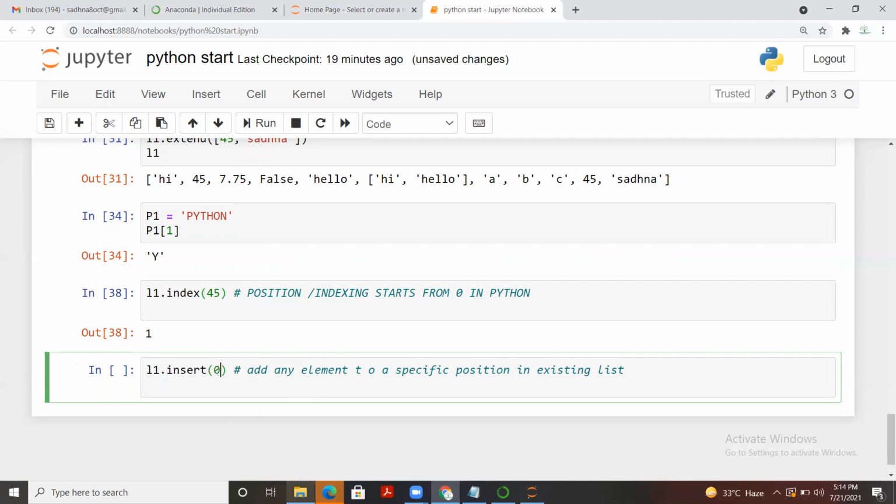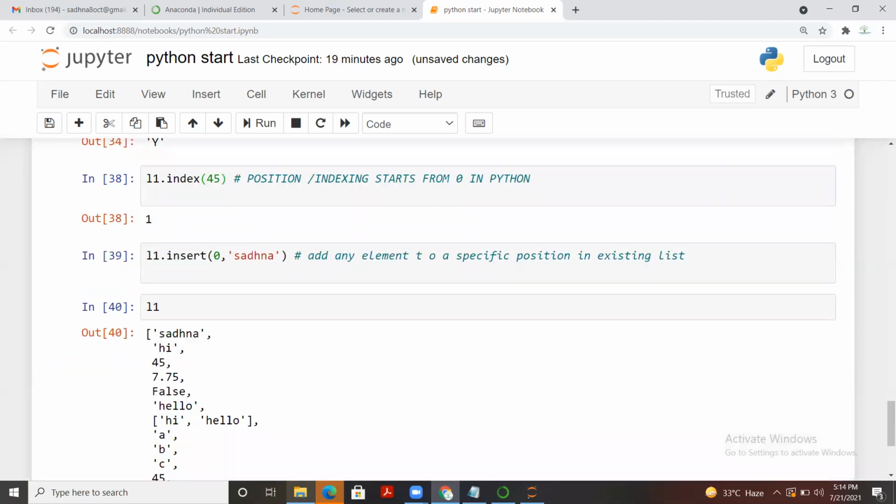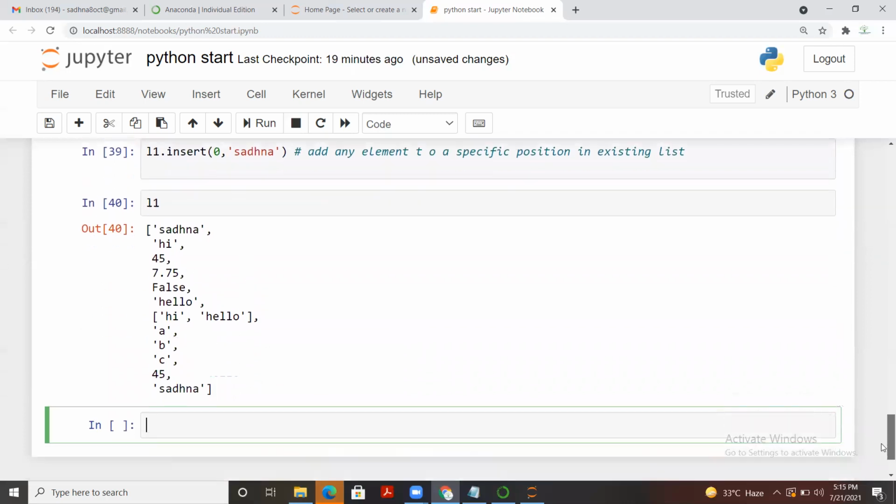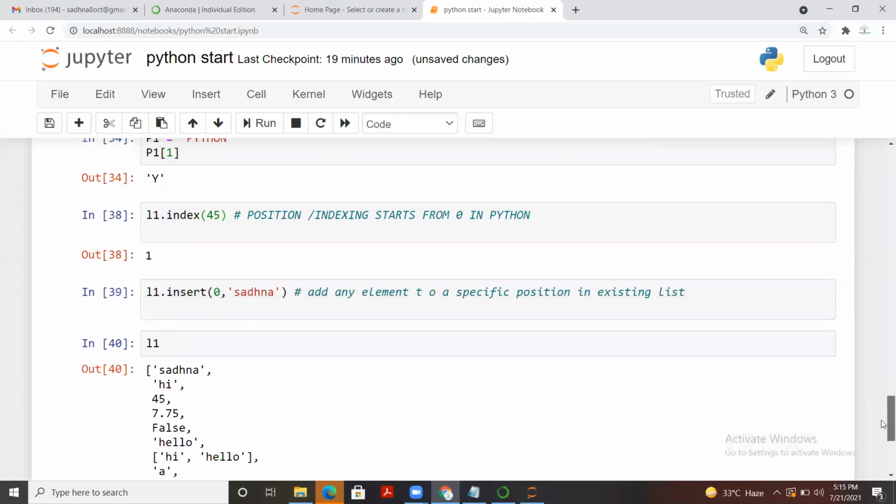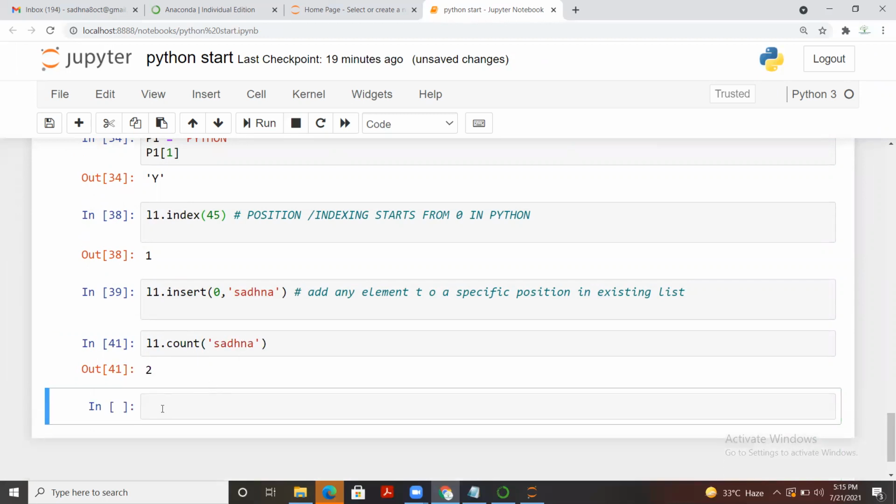Let's say I want to add sadhana at 0 index. So if I call L1 now, you see that sadhana has been added at 0 index. Our list has been extended. So this time if you check the count of sadhana, it will give 2 to you. You see that sadhana is twice there in this list, right?